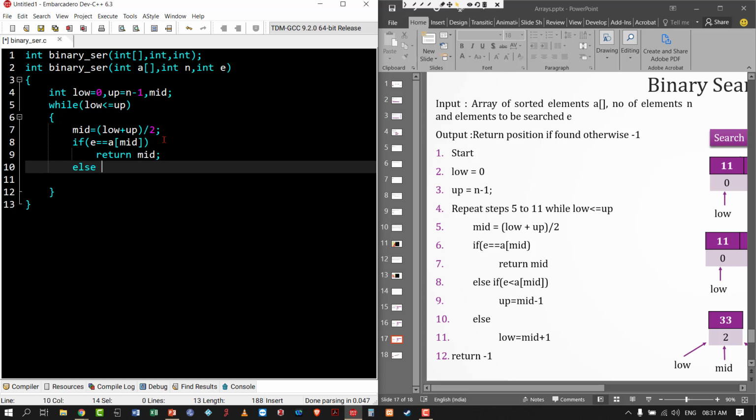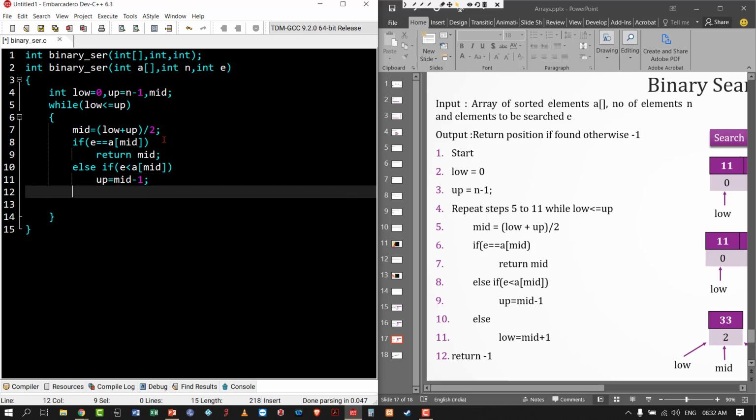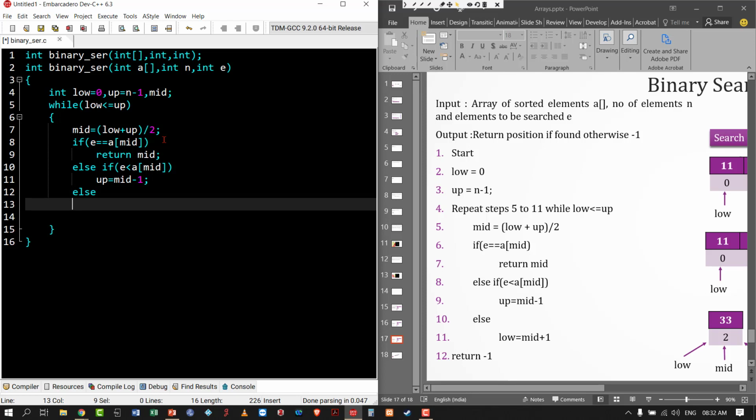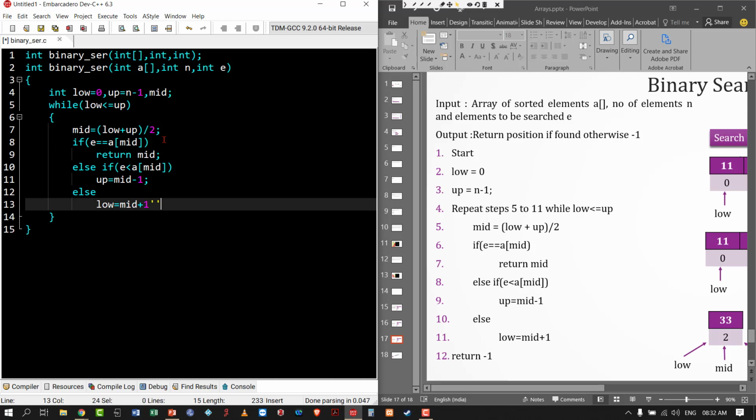Else if E less than A of mid, that means the element will be in the left subarray, so I have to make up equal to mid minus 1. Else, low equal to mid plus 1. So our binary search is completed.